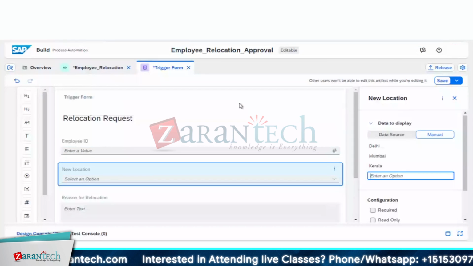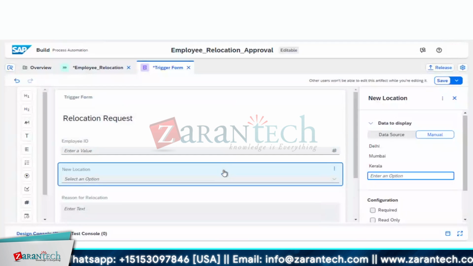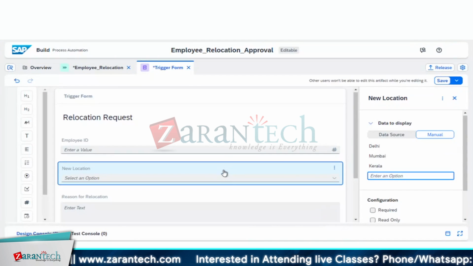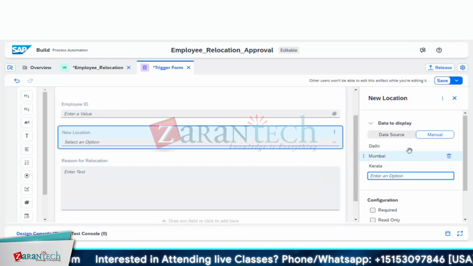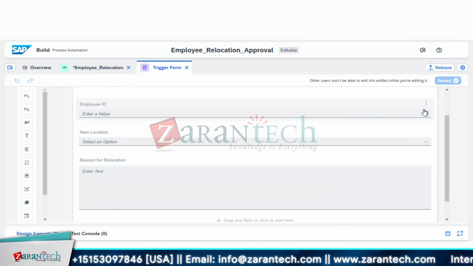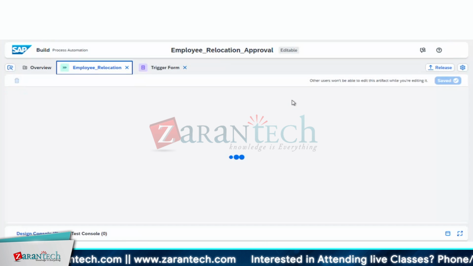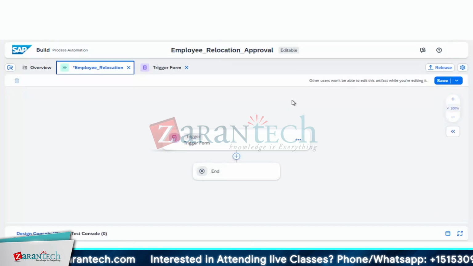See, I have created one trigger form. In this I have added an employee ID, new location, all the locations that the employees are going to relocate to, and the reason for relocation. Just that. I have added options as Delhi, Mumbai, and Kerala. I'm going to save it. Okay, once this is done,